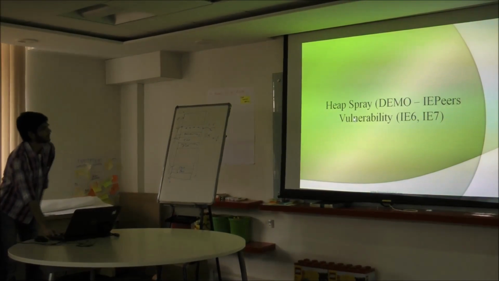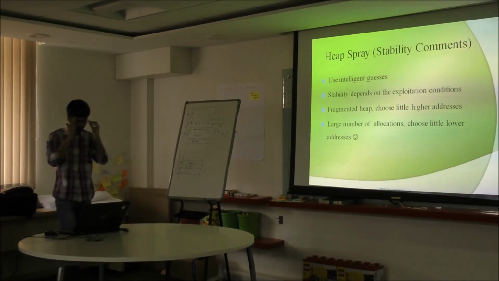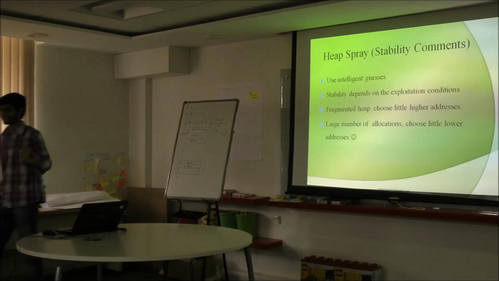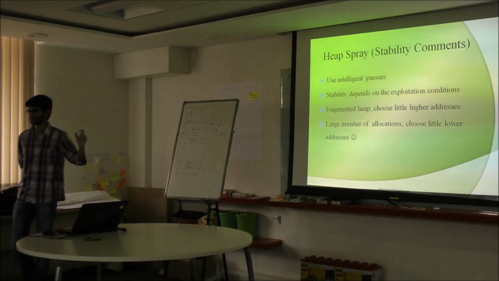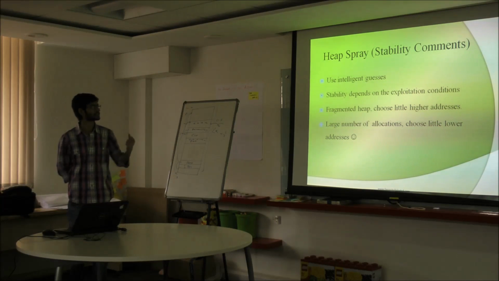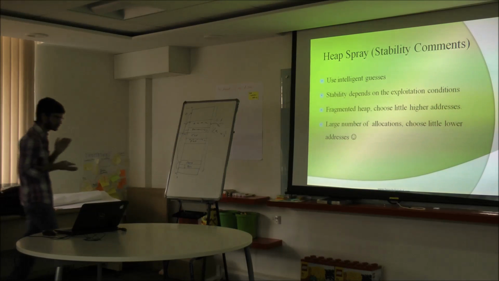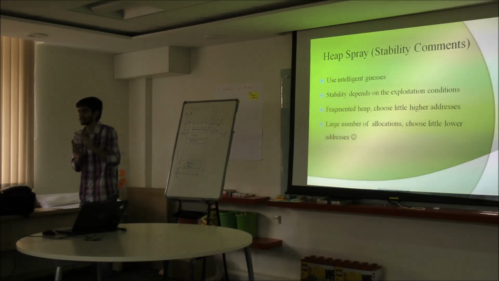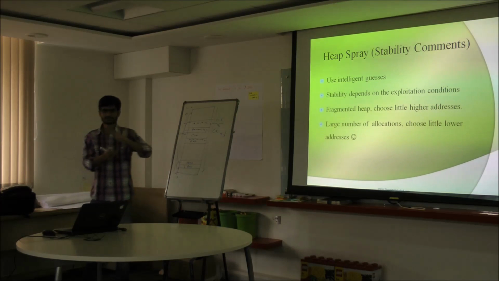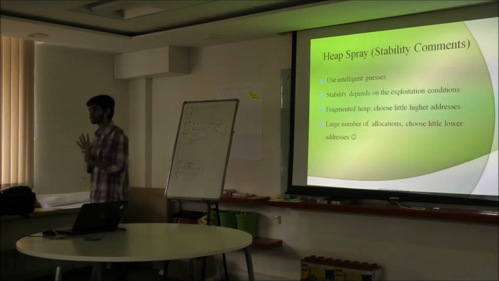So this was the heap spray, and this is where the stability comments come in, because things are not as simple as I have shown. This is a special case, as I said, that I picked just to demonstrate this thing and keep it live and impactful. But it's not just guessing. If I can approach 0A, then somewhere I can also approach 111. And I was saying that 4, 5 will take lots more locations. So I was doing some mathematics in my mind, saying this is something I can get. So this is some sort of intelligent guess.